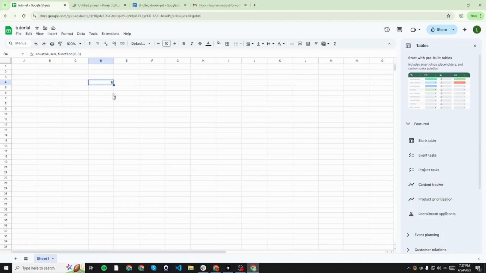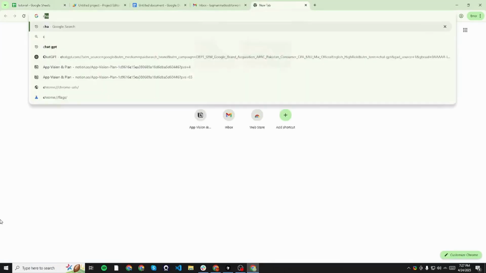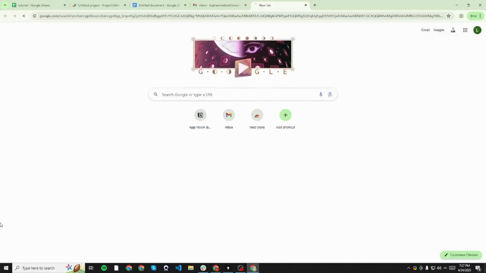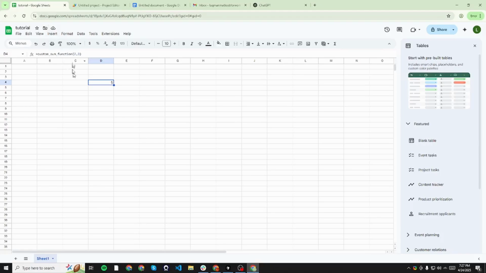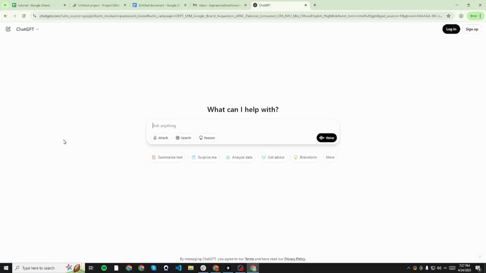So what do I mean by that? Let me show you an example. I'll open my ChatGPT. For example, if I want to make a column and I want to populate this column with dates, and I want to highlight current dates, I'll have to do a lot of manual stuff, and I'll have to do conditional formatting to highlight the current date, right? But why do manual stuff when we have AI and when we can make AI do things for us? So what I'm gonna ask AI,